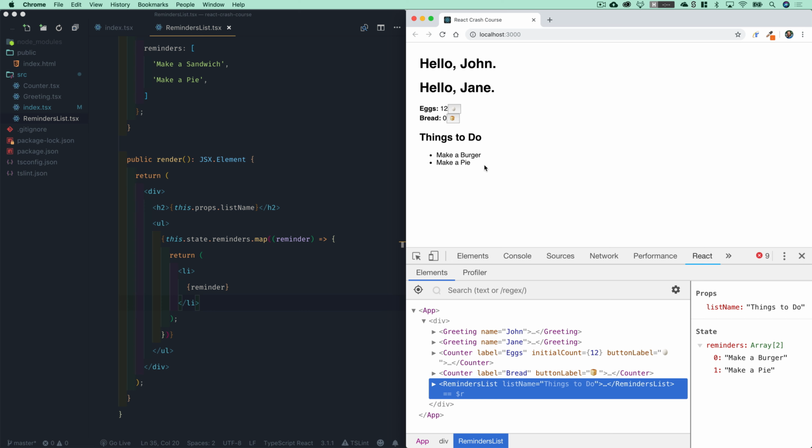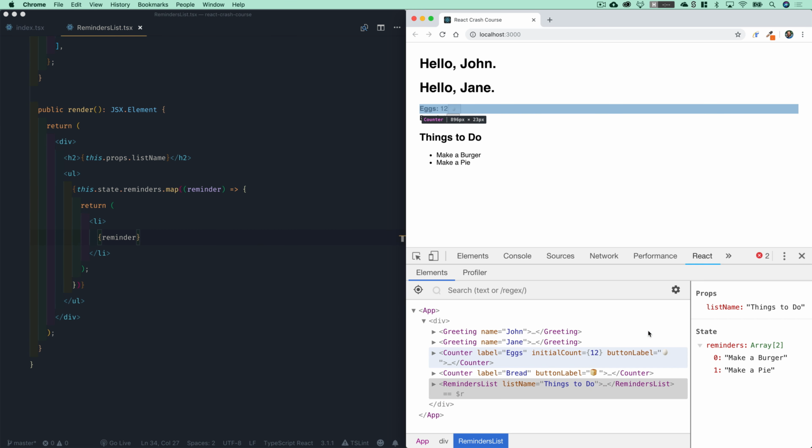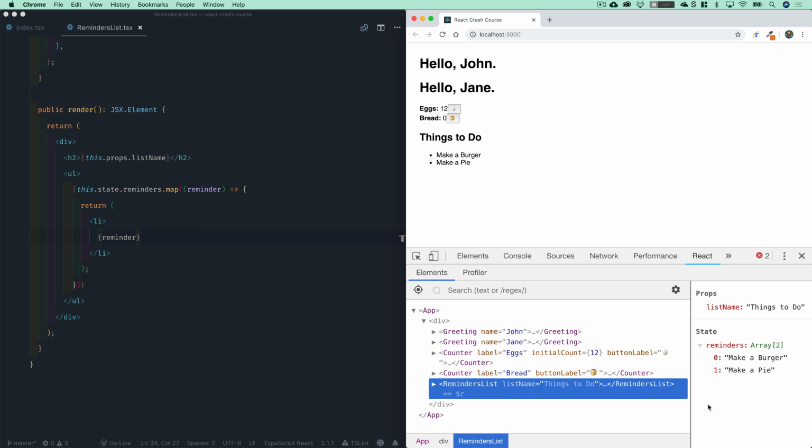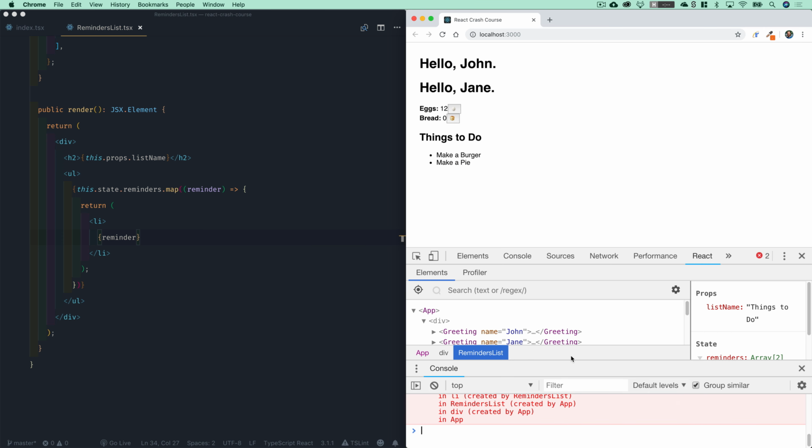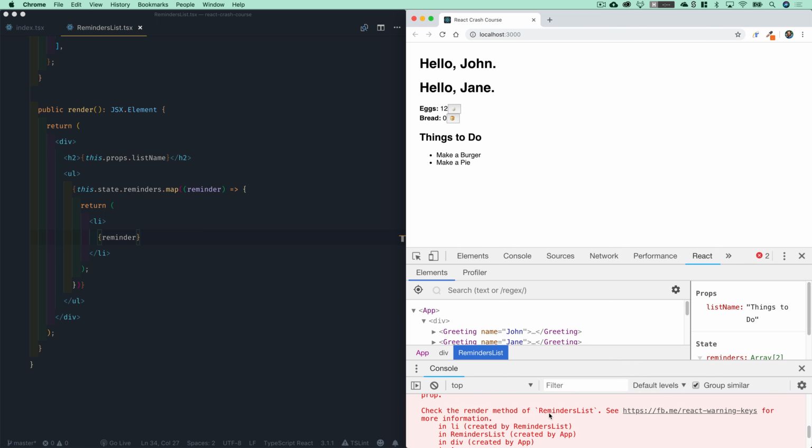so if this changes from make a sandwich to make a burger, that's automatically going to be updated in our render template. So one thing you may actually notice is we have some errors popping up in our console now that we've done an array iterator to output an LI for each one of these reminders. So if I go ahead and open up the console here and we take a look at that, it says,